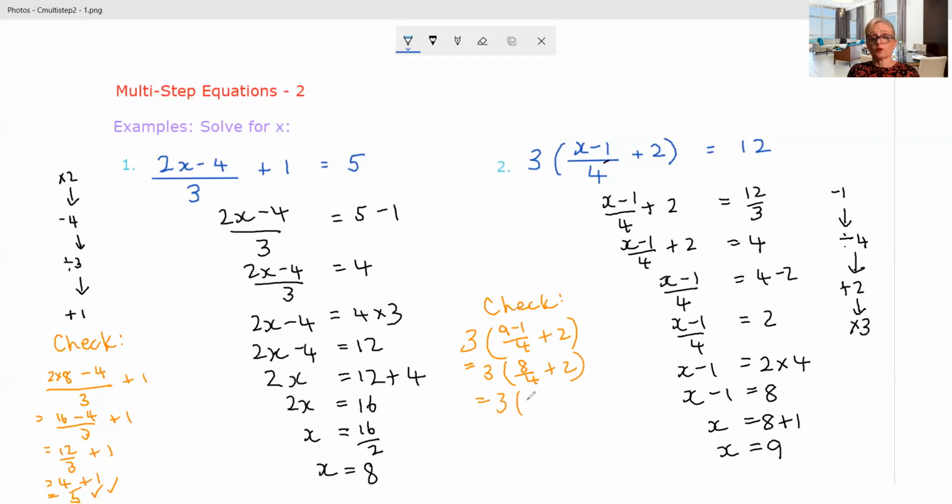8 divided by 4 is 2. 2 plus 2 is 4. And yes, it does equal our right-hand side, so we're all good there. Okay. Now,